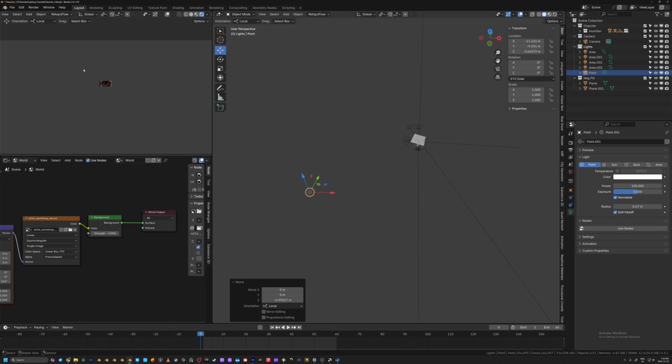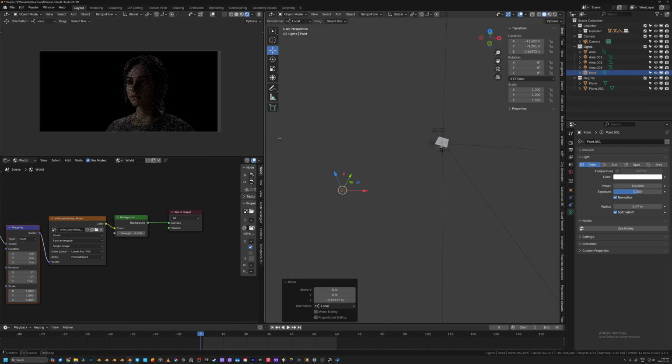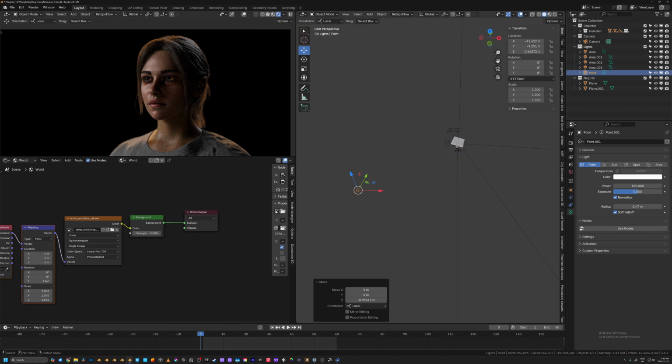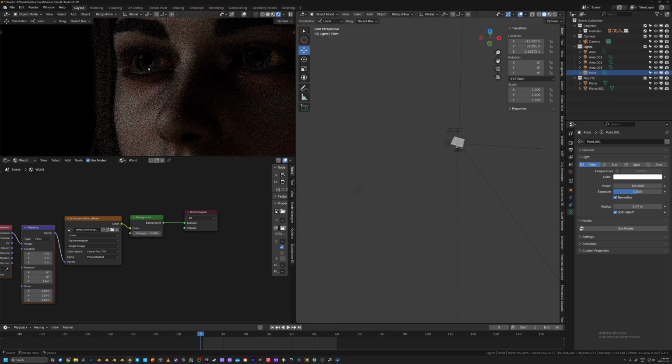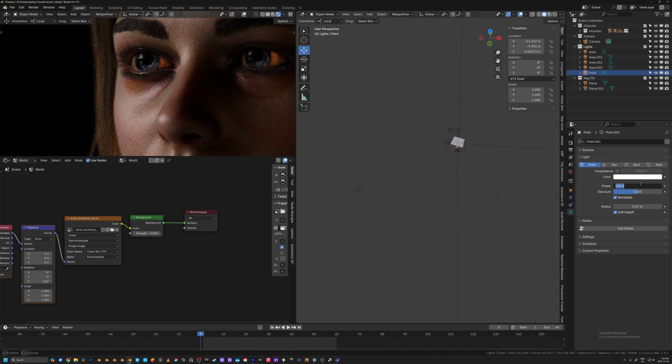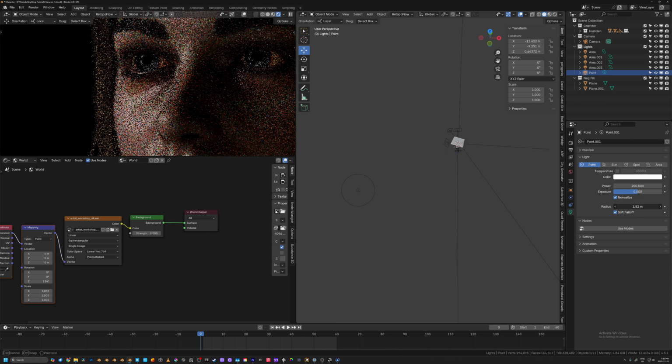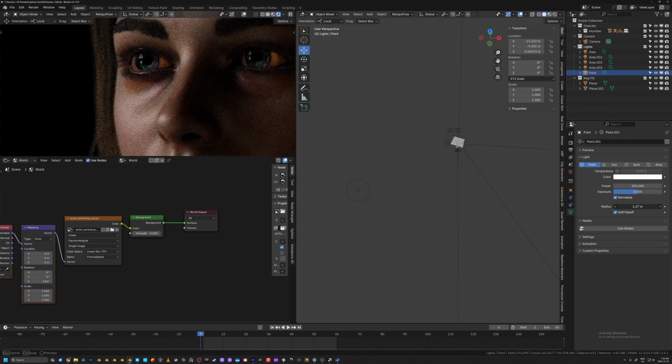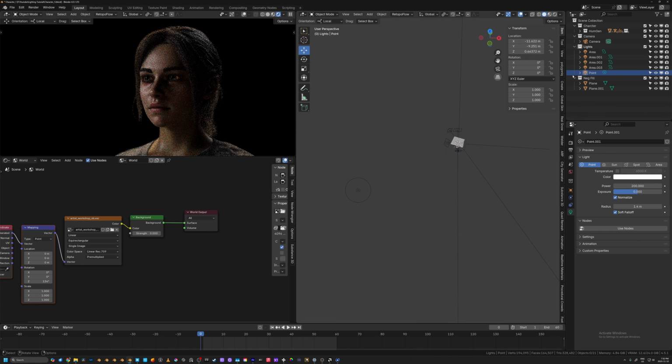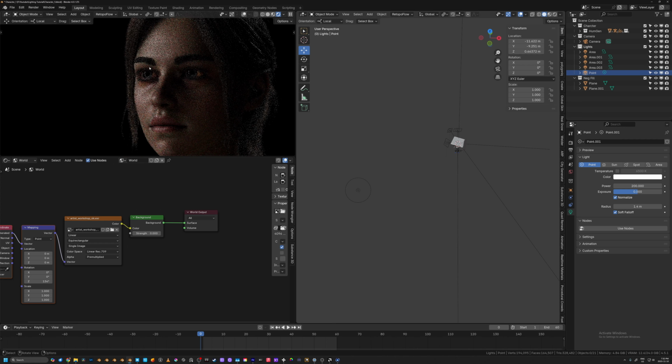We're going to zoom out and open this up so that we can see if this point light is affecting our light setup. It's not affecting our light setup. Perfect. But as you can see, it's still in there. And then from here, you can adjust how much you want to see of it. I'm going to bring the radius up a little bit, maybe like 1.4 meters. Zoom out a little bit. And it's not affecting our light setup, but it's adding a little bit more of that detail into the eyes,